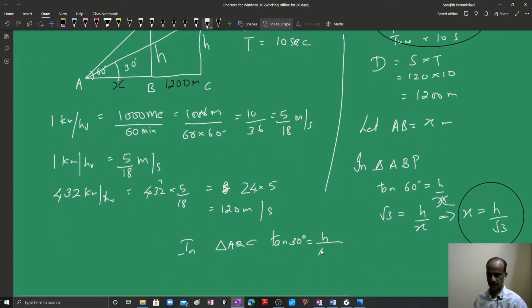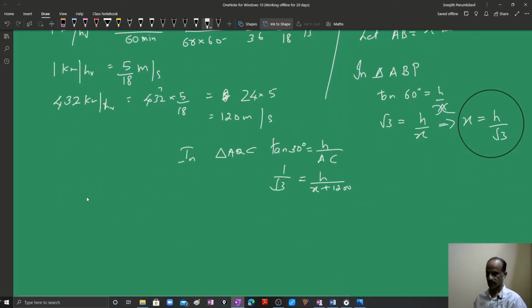AC. That is 1 by root 3 is equal to h divided by AC, which is x plus 1200. So when you cross multiply, we get x plus 1200 is equal to h root 3, or 1200 is equal to h root 3